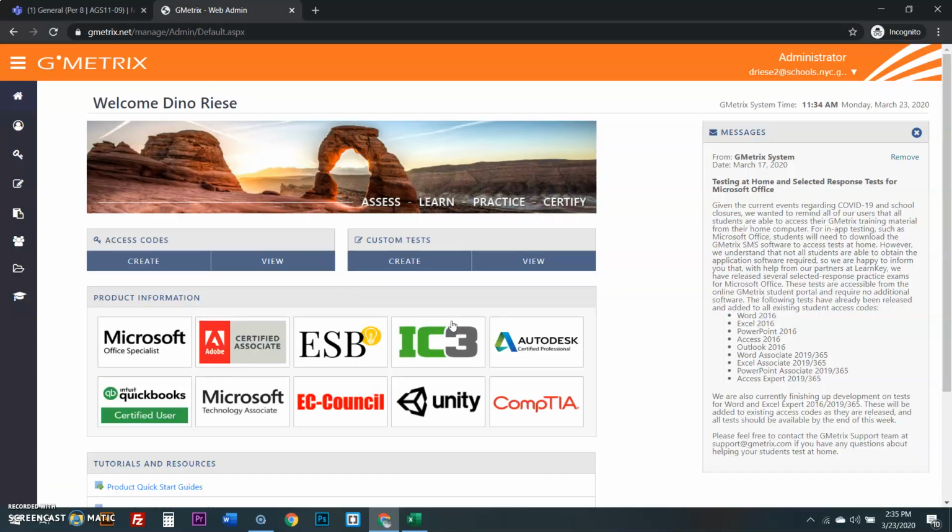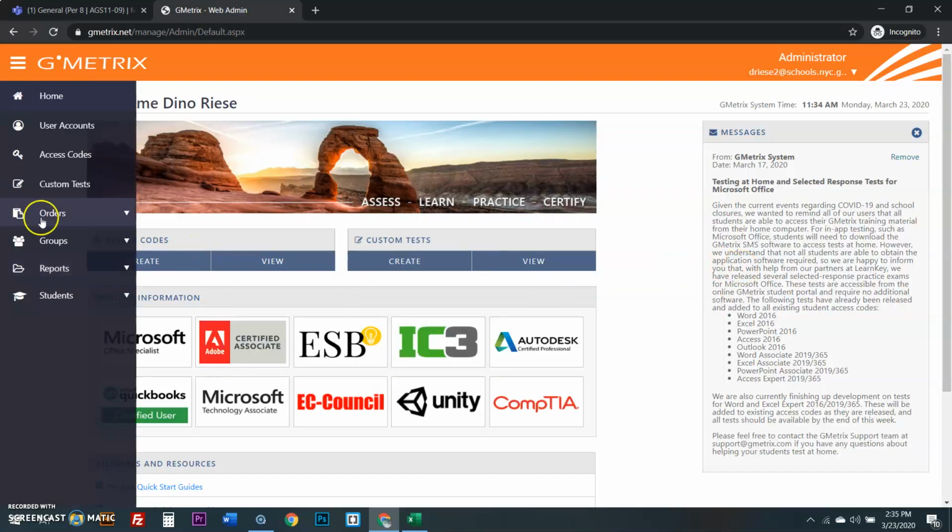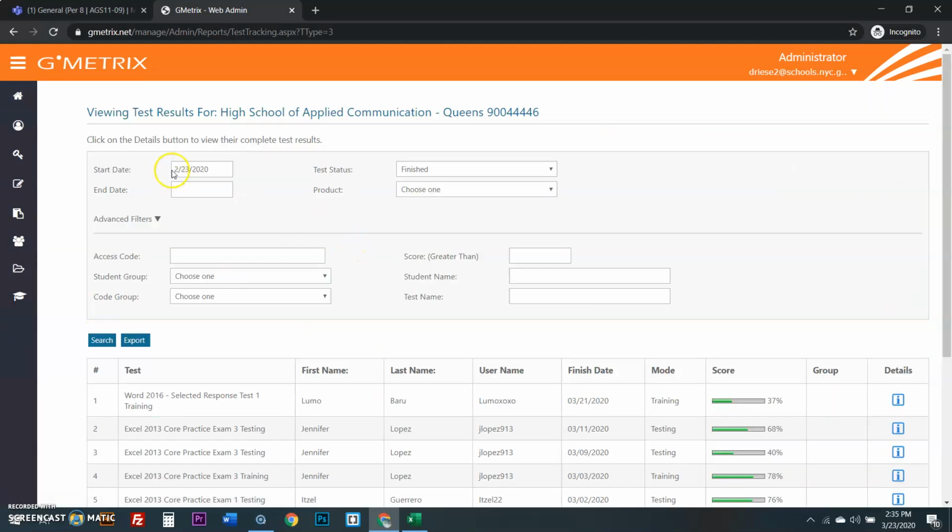And then, yes, in Microsoft, especially for my Microsoft students, I'm going to reports, I'm going to test tracking. Once I'm in test tracking, I am going to put from March 10th, which was the beginning of the marking period, and the end date will be April 24th. All right, that's when I'm starting it. And if I type in your name,